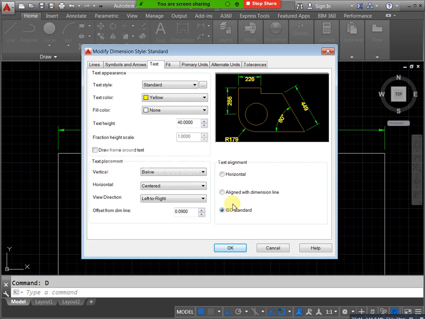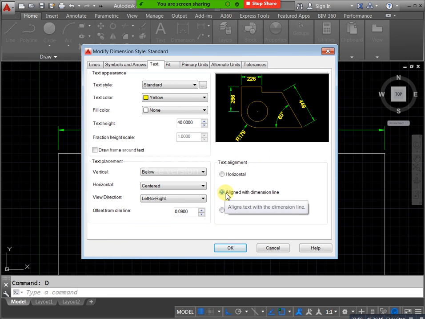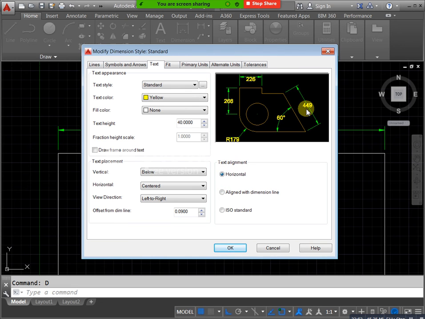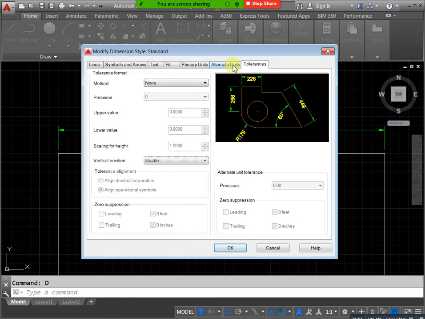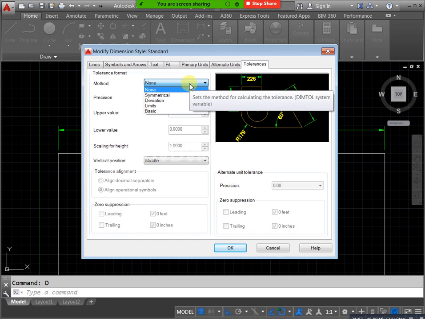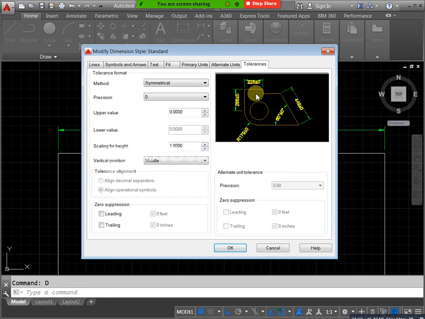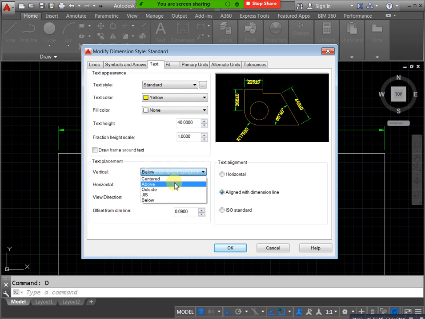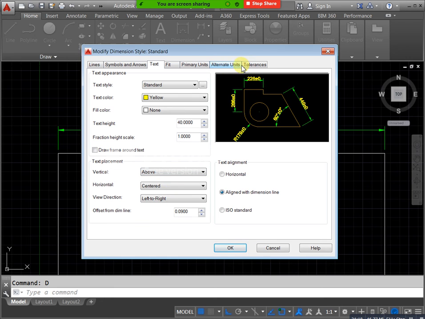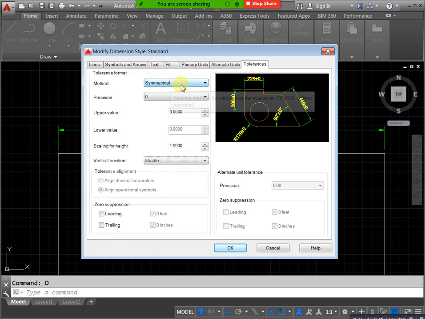In case you need anything extra, here we have methods, which means if you need symmetrical tolerances, you can mention Centered. For example, I need above, so you can take above and go to Tolerances. Here you can apply your tolerances. For example, if you need maximum and minimum limits, you can apply them here, and it is applicable for all dimensions. Just you can see how many decimals. You can mention it here, 0.1.